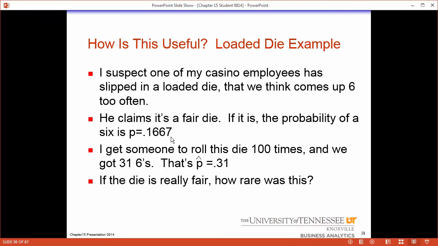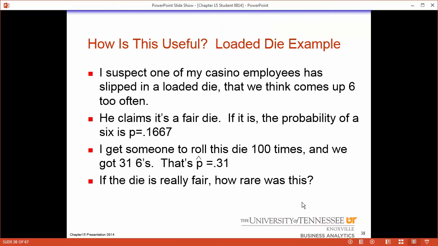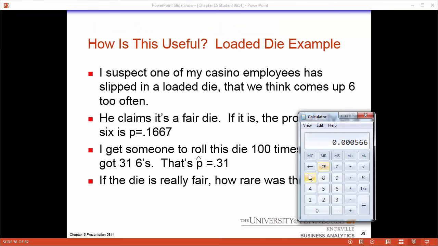So if I roll a dice 100 times, we can actually look at the distribution. The distribution right here is going to be a center of 0.166, and then we need to times that by 5/6, which is 0.833. We're just doing P times Q over N, which is 100 dice rolls, because we're going to roll it 100 times to see how many times it comes up. And then we are going to square root. This is the standard deviation right here. I found the standard deviation for the proportion of sixes we would see.